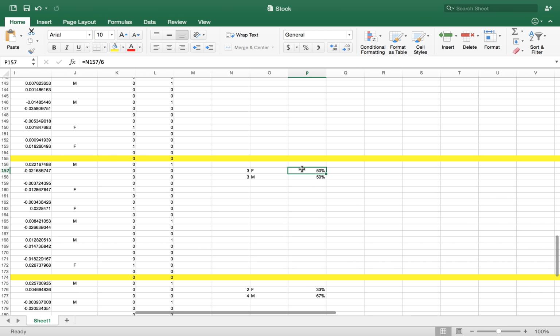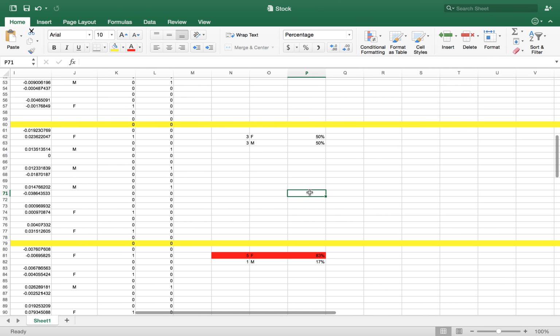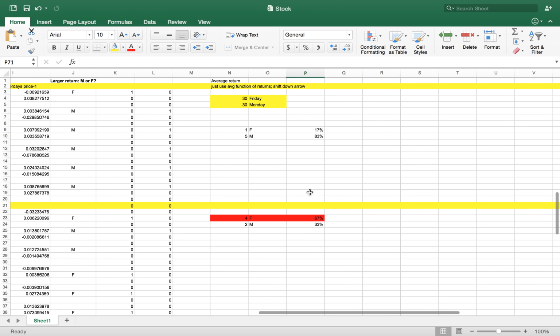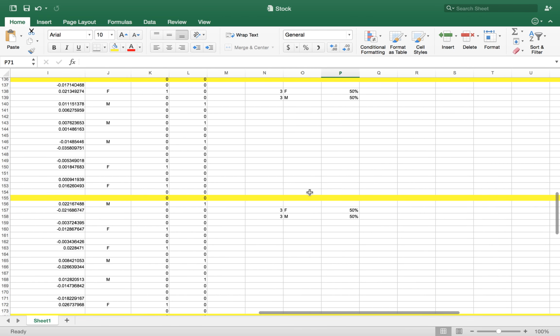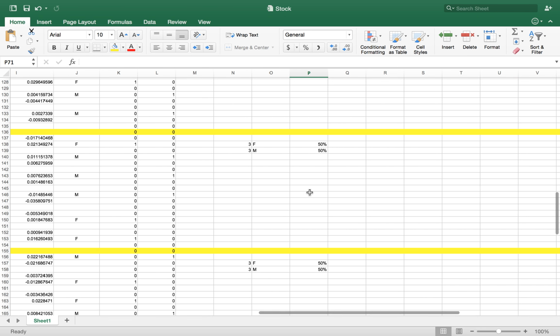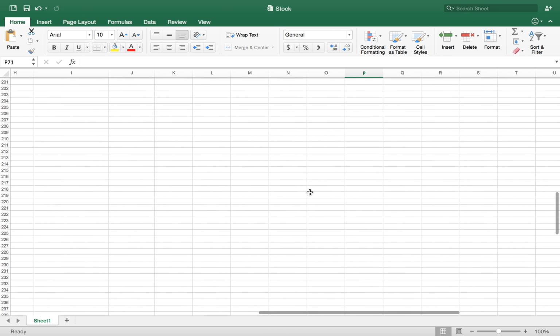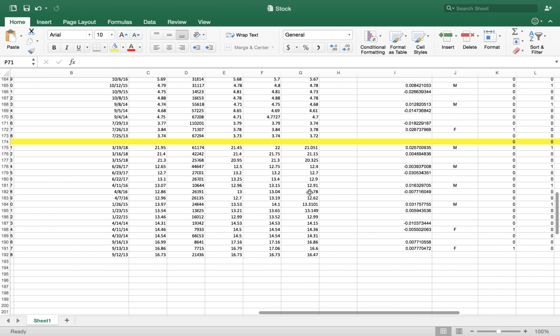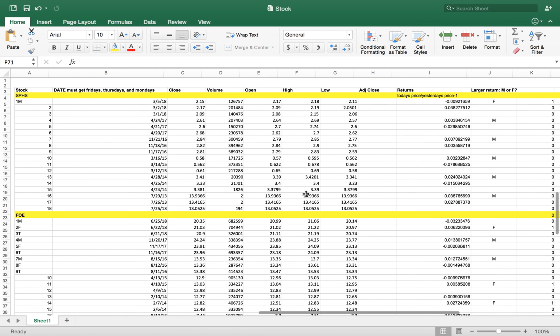So here it's 50%. Here it's 50%. And, well, that's twice. But I found that to be really interesting. I didn't expect that. Oh, it's 3 times. Yeah, 3 times. So I found that to be really interesting. And so that's how I got my data and the kind of math that I did on my data.